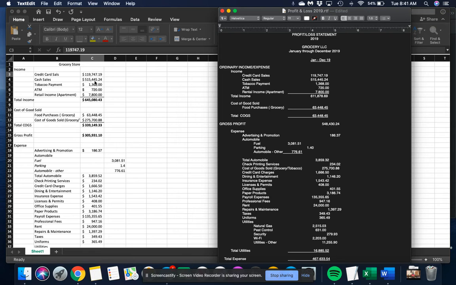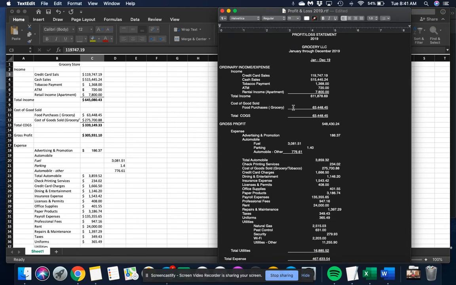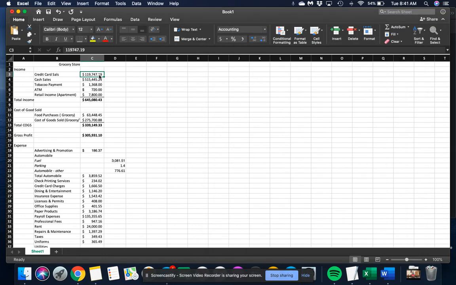Not to say that this is inaccurate. My theory is innocent until proven guilty, meaning that you assume that everything is legit, but then you perform the due diligence to confirm or deny that. So with that assumption, maybe they did do a typo, or maybe I'm not sure. I'm not sure how they did it because it looks like they printed this off maybe a QuickBooks. So I'm not sure why this would happen. So anyway, I'm confused. But anyway, I did do everything myself,